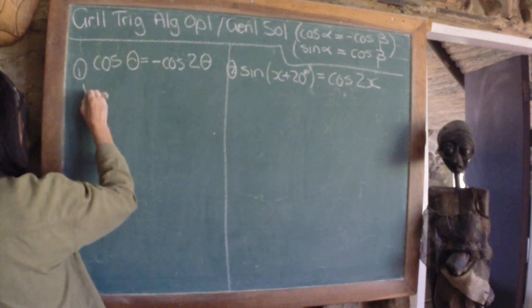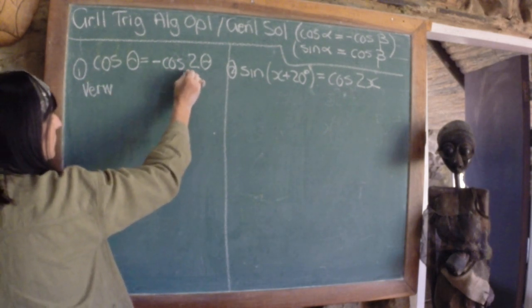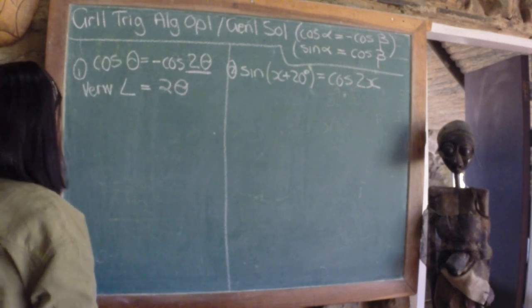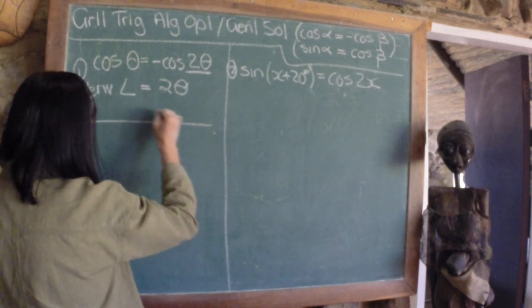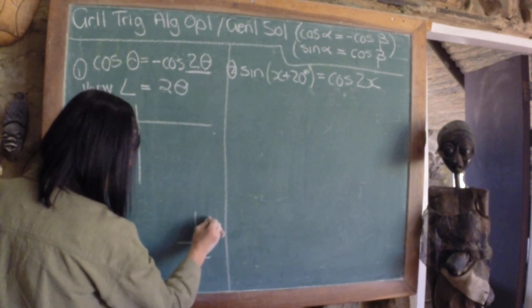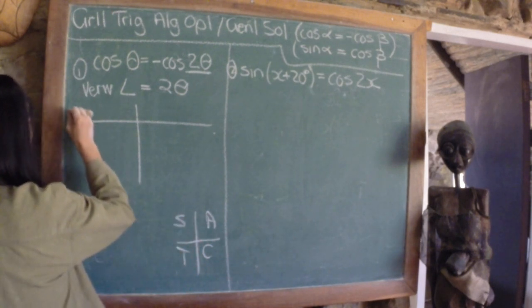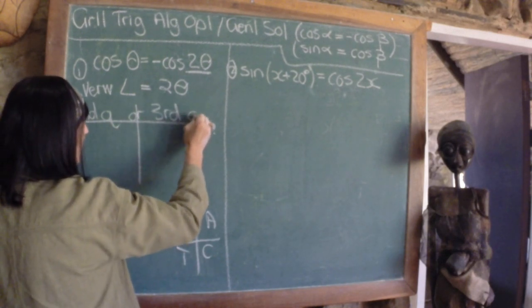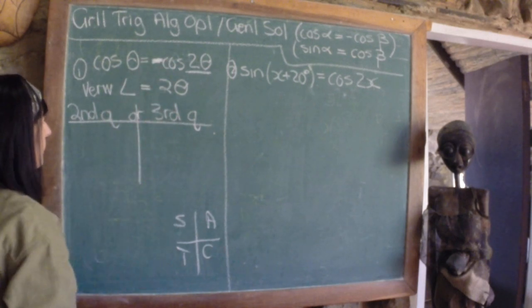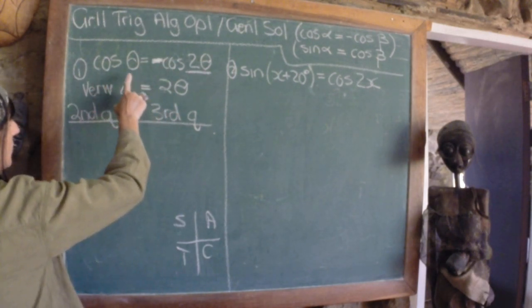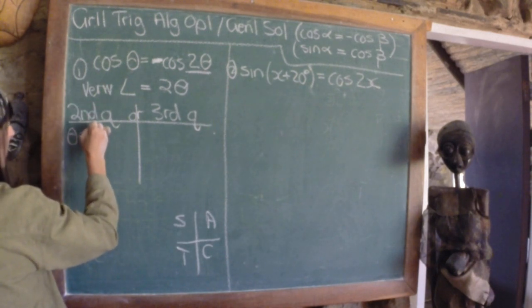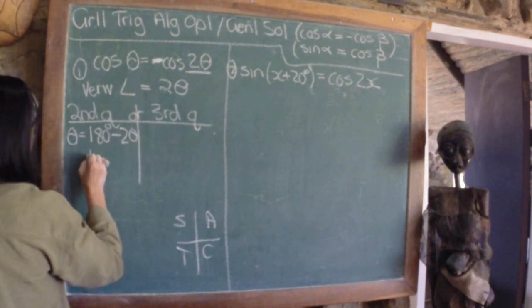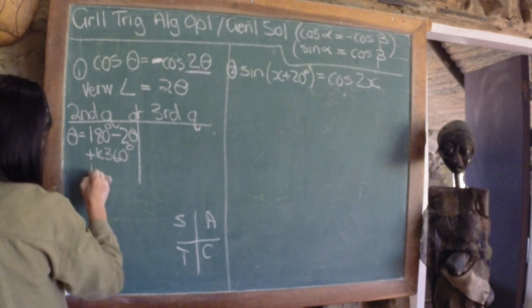So ons begin weer en ons gaan sê, ons verwysingshoek is altyd ons regterkantste hoek. So ons verwysingshoek is gelyk aan 2 theta. So nou gaan kyk ons, waar is kos negatief? Ons kos is negatief in ons cos-diagram in ons tweede en in ons derde kwadrant. So the second quadrant or the third quadrant, there will cos be negative. So ons gaan sê, ons hoek is theta en dan in ons tweede kwadrant, it's 180 minus reference angle plus k times 360, k element of z,